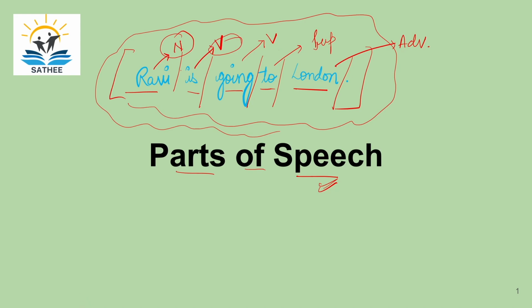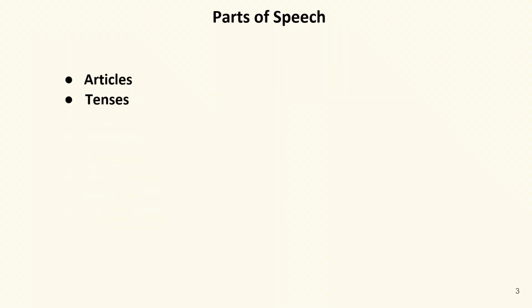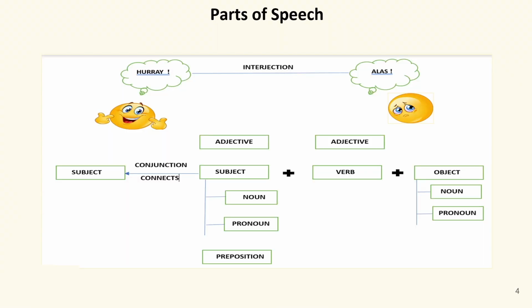So, we have to learn all the parts of speech, the various parts of speech, so that we can clearly know how to make a sentence and how to identify it. Now, let us begin with the session on what these parts of speech are. So, let's have a look at this table. In this table, you can see that we have subject, then verb, and then object. Now, what are subject, verb, and object? We have already discussed that subject is the doer of action, then verb is action.